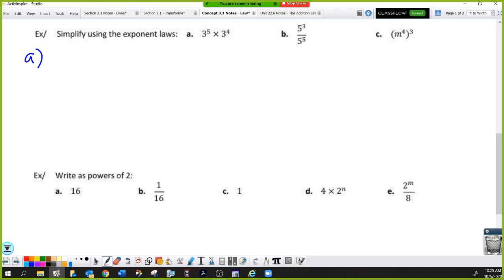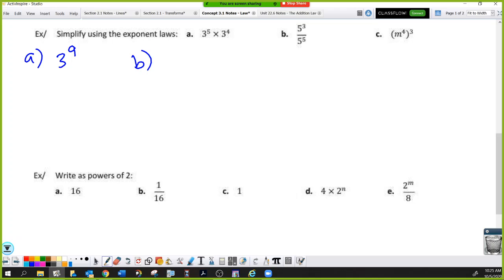3 to the 5th times 3 to the 4th. I don't want the number answer. I just want to use the exponent rules. So what is 3 to the 5th times 3 to the 4th? 3 to the 9th. There you go. That's good enough. It's a huge number. We don't need to know that answer. For B,